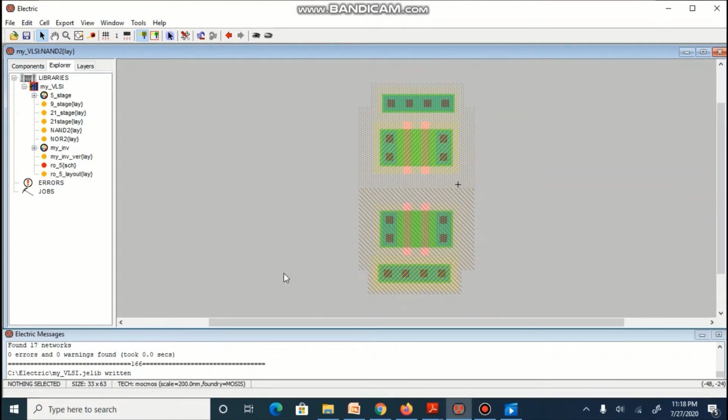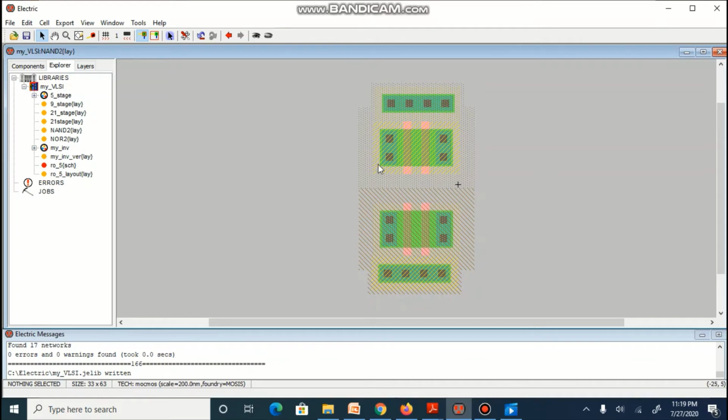After connecting N active and P active, we will also arrange them properly and will bring N well as well as P well near to the transistor. Now, this arrangement is also useful for making NOR 2 layout. So, we can just copy and paste this for NOR 2 layout also, because from this point onwards, we can start with NOR 2 layout also.